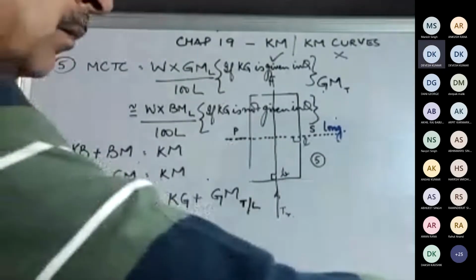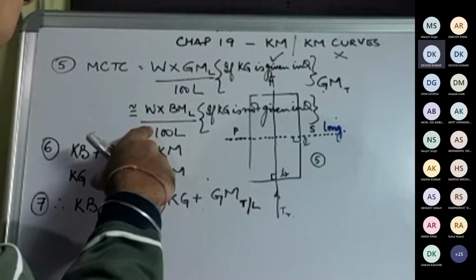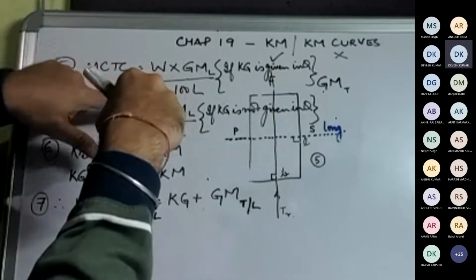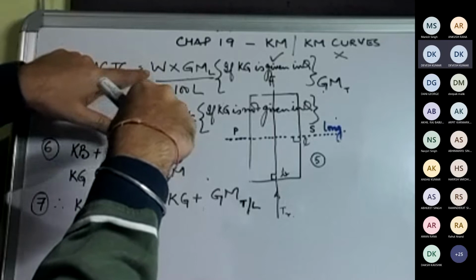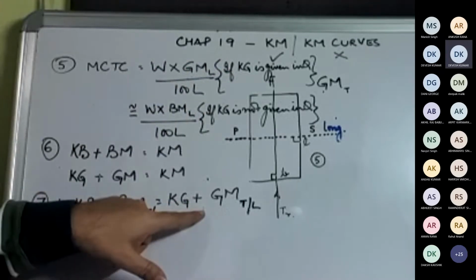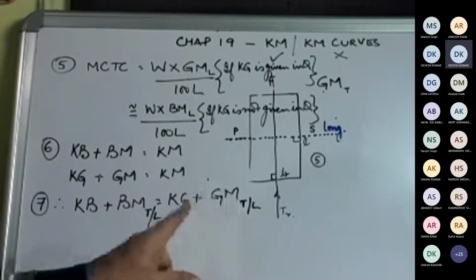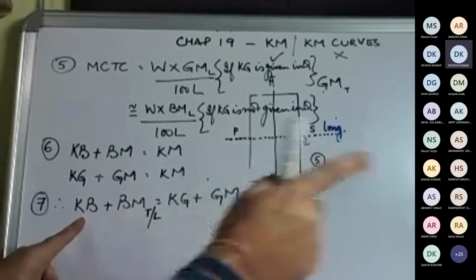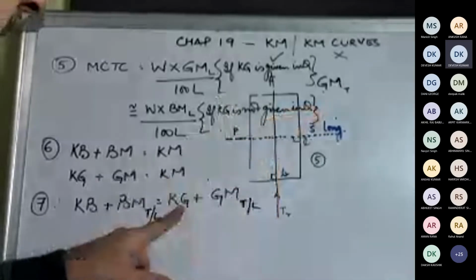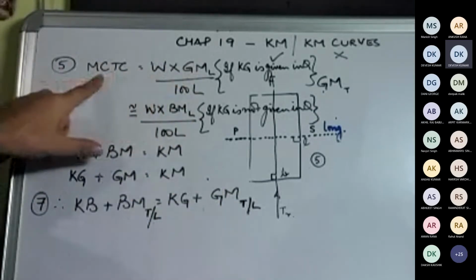Yes sir. सर जो लिखा है आपने MCTC को W upon BML divided by 100L, सेकंड फार्मूला सर उसी वाला, इक्वल टू और अप्रॉक्स लिखा है सर आपने क्या? ये अप्रॉक्स लिखा है. मतलब दो फॉर्मूला यही है उसमें, एक में केजी है एक में केजी नहीं है। अगर केजी क्वेश्चन में दिया हुआ है तो आपने ये वाला फॉर्मूला यूज करना है और जीएमएल निकालना है। अगर केजी मुझे दिया हुआ है तो मैं जीएमएल निकाल सकता हूं बाय टेकिंग द केजी दिस साइड। केबी का फॉर्मूला मुझे पता है d/2, बीएमएल का फॉर्मूला मुझे पता है L²/12d माइनस द केजी विल गिव मी जीएमएल, और इस जीएमएल को मैं इस फॉर्मूले में यूज करके एमसीटीसी निकाल सकता हूं।